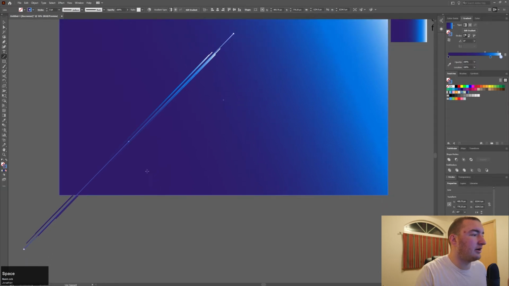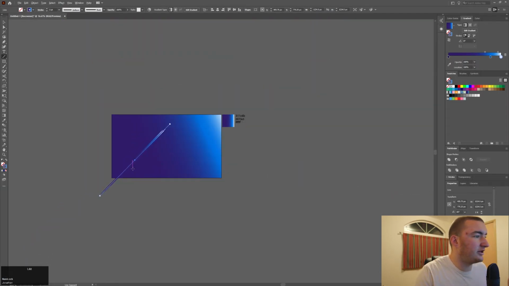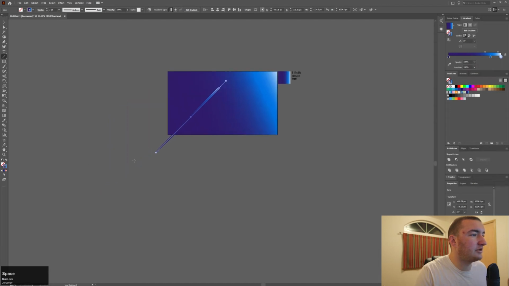I'm gonna back out some here, holding Alt and then using the scroll wheel on the mouse to zoom out. This way, all of the colors in the gradient aren't exactly the same, because if you make all the lines in the exact same spot, then they will all have the same colors in the same spot. So we'll make a whole bunch of these quite a bit longer, a little bit shorter. We're going to move all these together here in just a second.